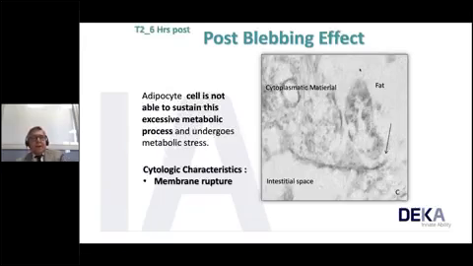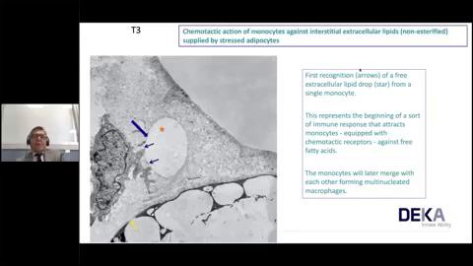And you see that 6 hours post-treatment, the adipocyte is not able to sustain this excessive metabolic process and undergoes metabolic stress with a membrane rupture. This is a very astonishing image, and I want to thank Professor Caligaro for that. It shows a chemotactic action of monocytes against interstitial extracellular lipids, not esterified, supplied by stress